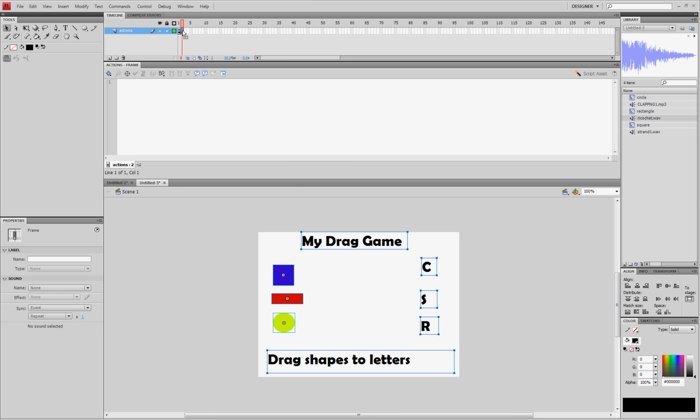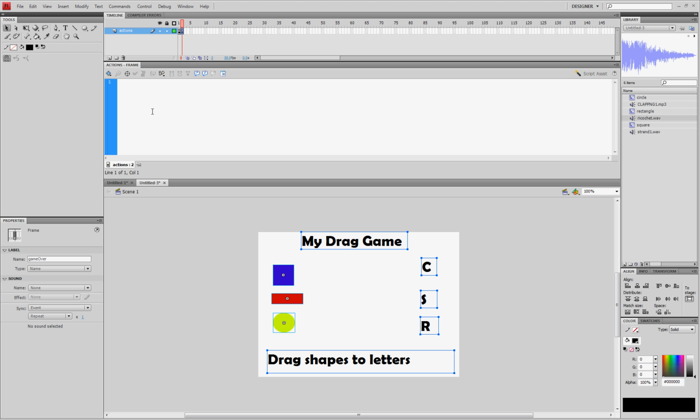Okay, now you should have in the properties box the name for it. So we're going to call that game over. And remember, I gave it a capital O. So game is all in lowercase, over has got a capital O, game over. So that's the name that we've given to that particular frame. Now we're going to write in this frame, because here we have our actions frame open for it,